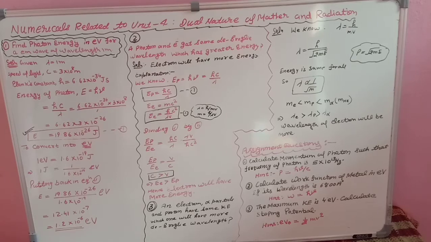So this is enough for today. I hope you understood numericals related to unit 4. With this we have finished our unit number 7, and now we will start revision for our term 1 examination, in which the first 5 units will come. Total paper will be for 60 marks. Okay, and the paper pattern will be the same as in +1.